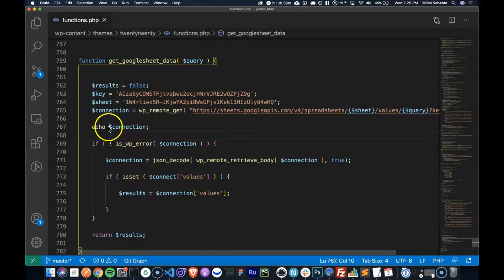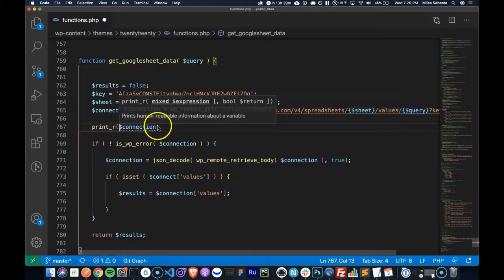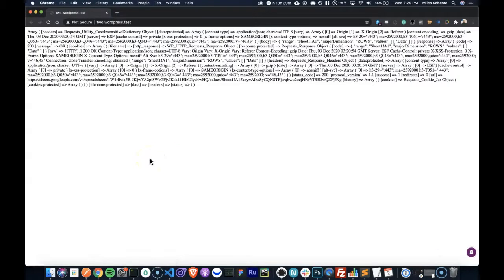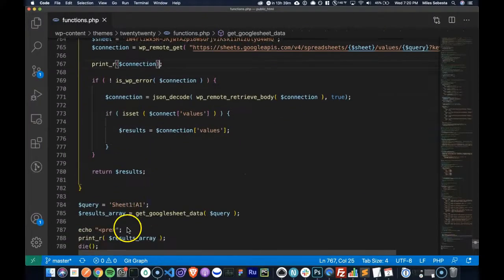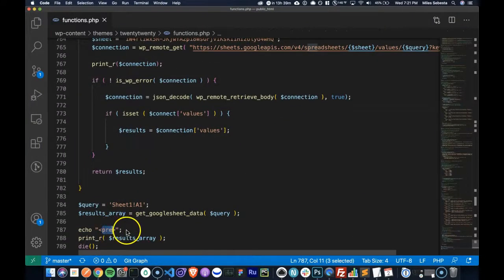Okay, so it is printing an array. So let's go print R. I'm going to pre this.